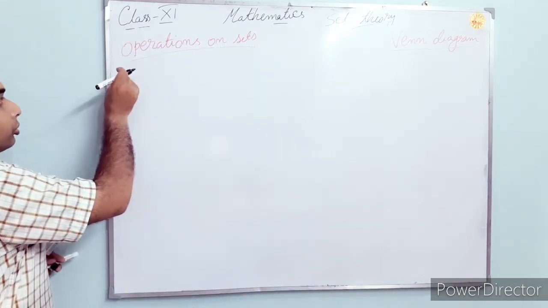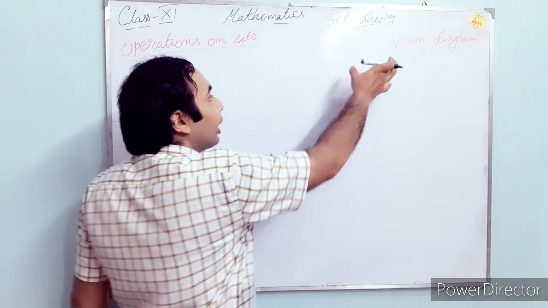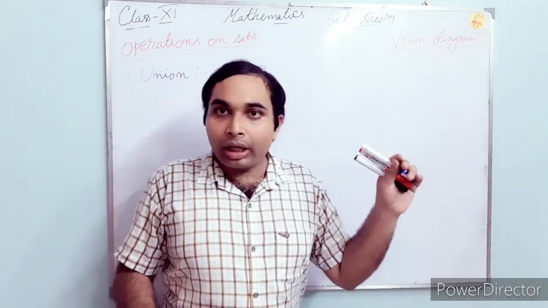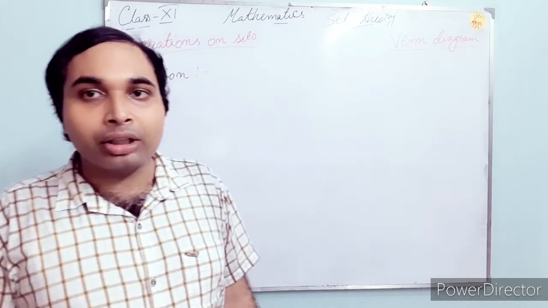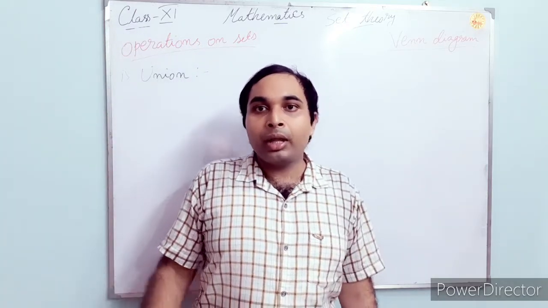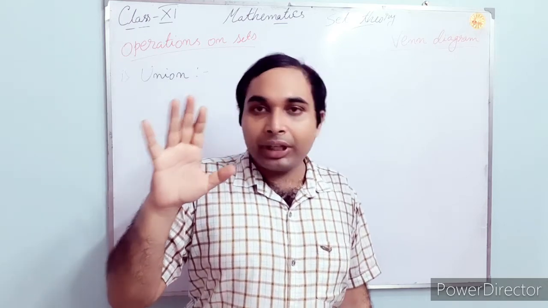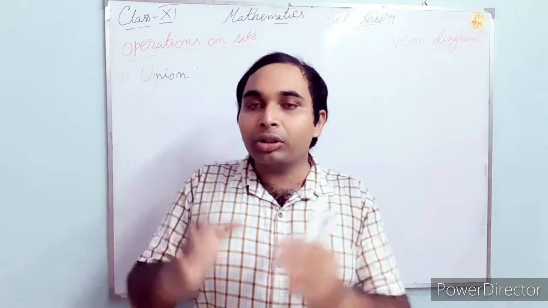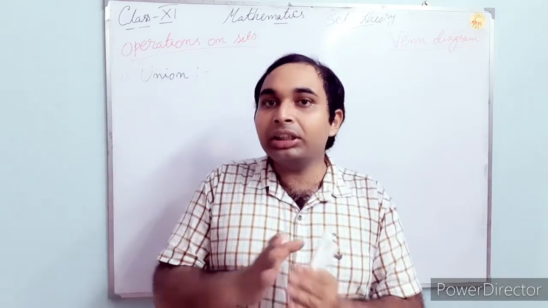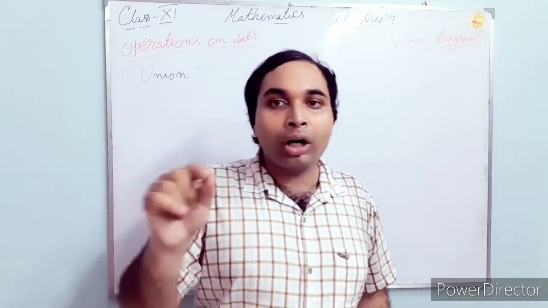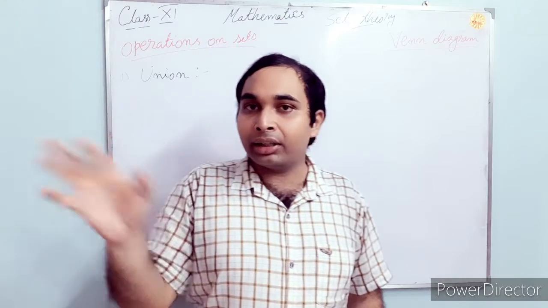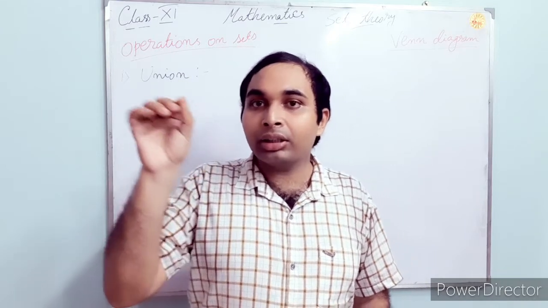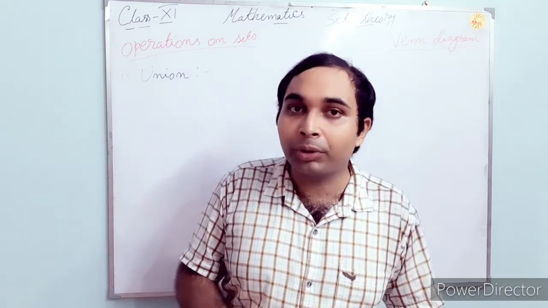So let us see. We will write here the operation, and here the corresponding diagram will be there. The operation is union. I am just saying the definition here, and I will write the notation. Just listen completely. If A and B are two sets, then the collection of all those elements which are in A or in B. This or is very much important. Another word, and, will be there, I will tell you later. So or and this and, those two are very much important.